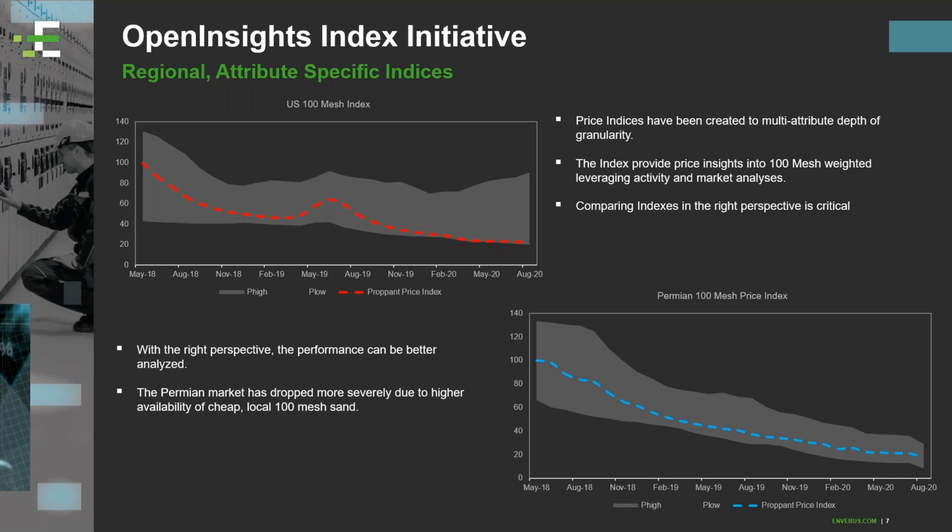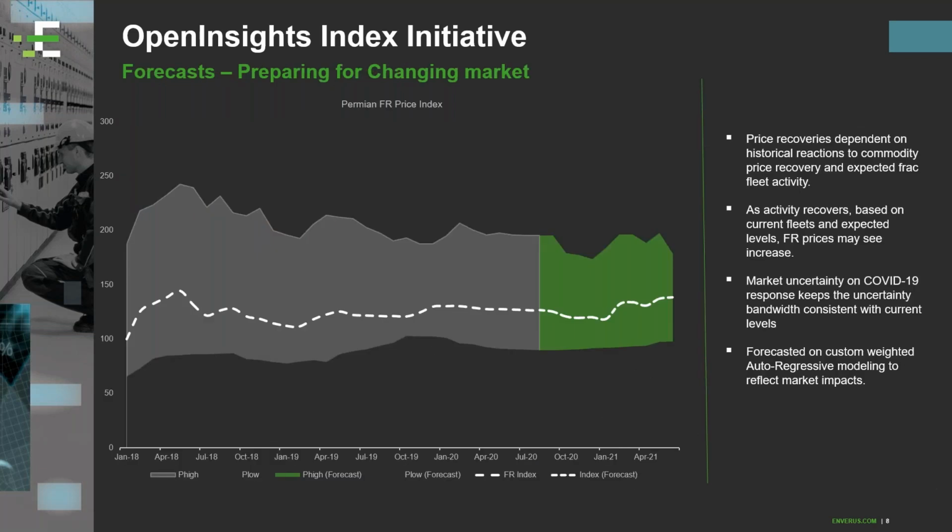But one of the reasons that 100 mesh became so popular is because we started transitioning away from cross-linked and linear gel-heavy fracs to more and more slick water, right? And so we saw friction reducer become such a big component of completion design. And as we looked at another example as we walked through this,